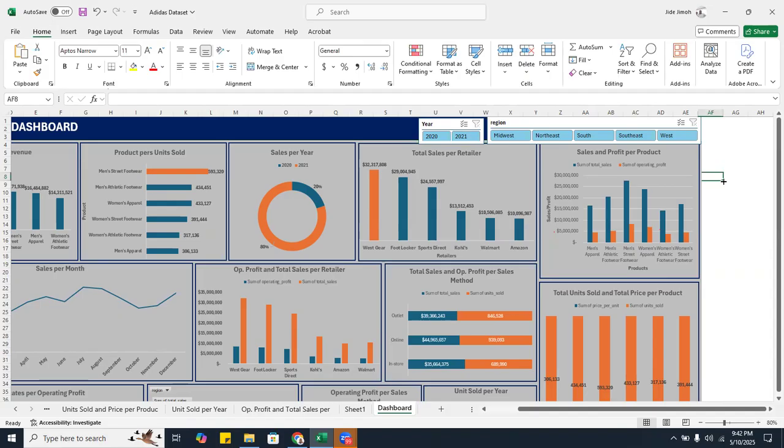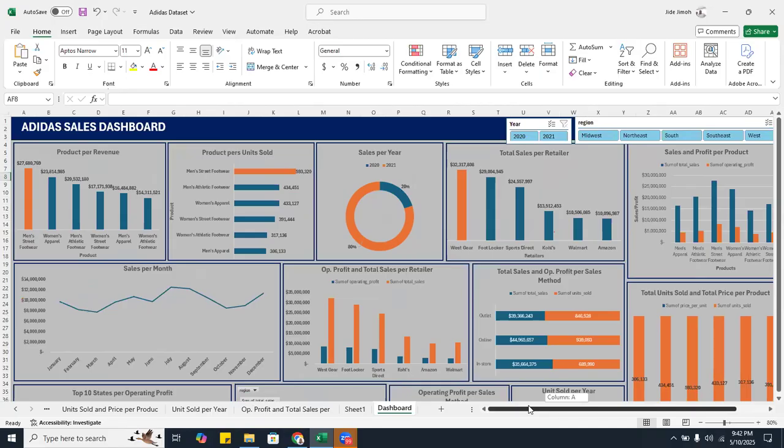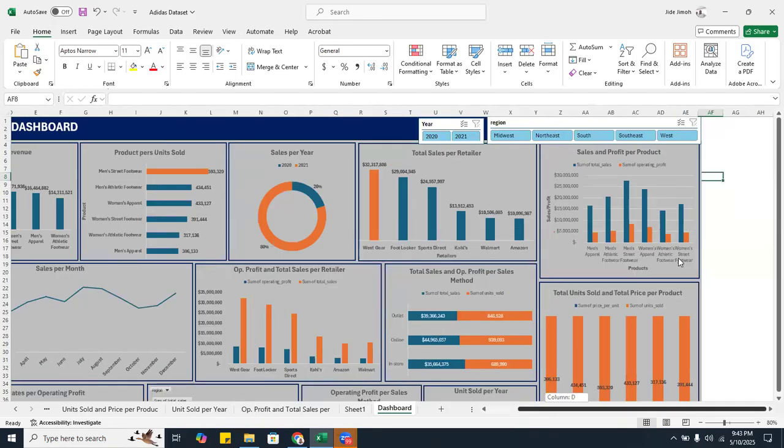Now imagine I have 2 slicers, the year and the region. Now imagine my stakeholder is telling me that they are interested in the values in the South in 2021. They want the sales. Remember, this is the Adidas sales dashboard. So they want to know the sales record for the Southern region in 2021. It's very, very easy. Since I have a region slicer and a year slicer, I'm going to